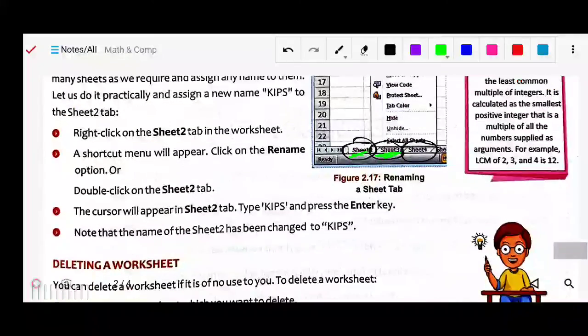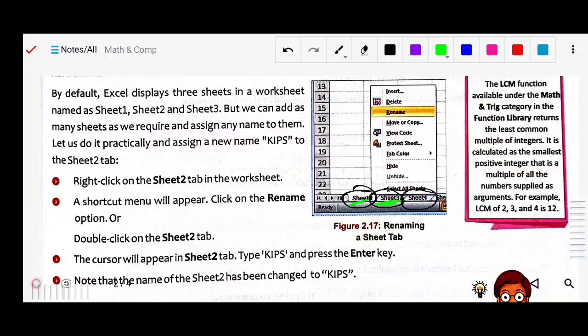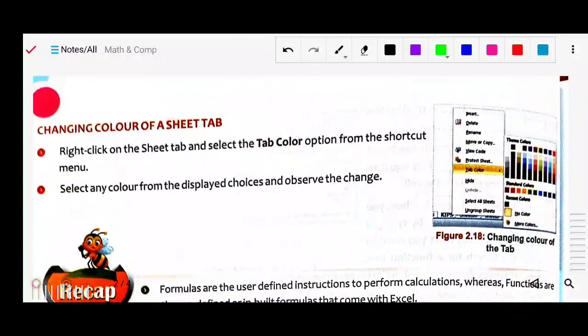very simple. Simply click and rename this one. Also you can color the sheet. Say you want this sheet color to be red or blue. Simply follow the same process, right click and choose the Tab Color, and you can choose it and color your sheet, means that tab will be colored. And from here also you can delete, rename, copy and move your sheet. All these functions come under managing the worksheet.